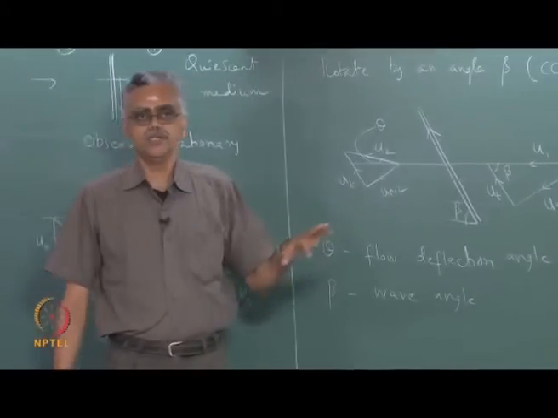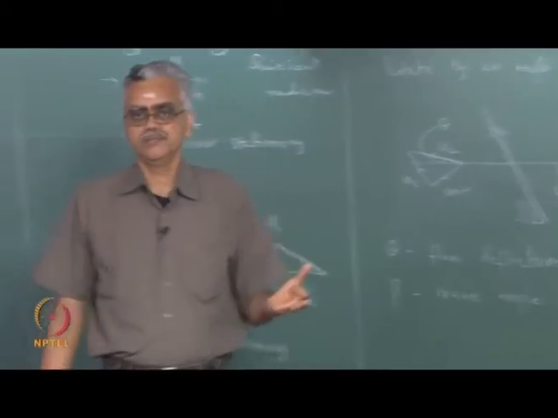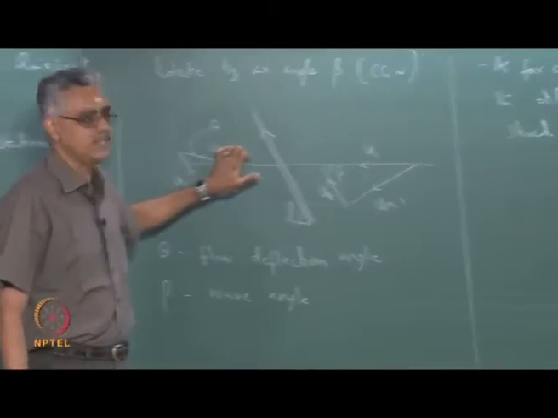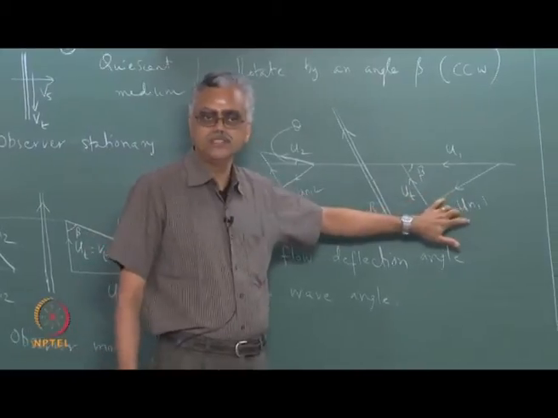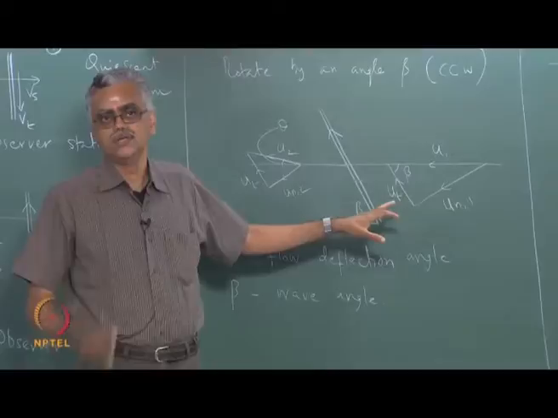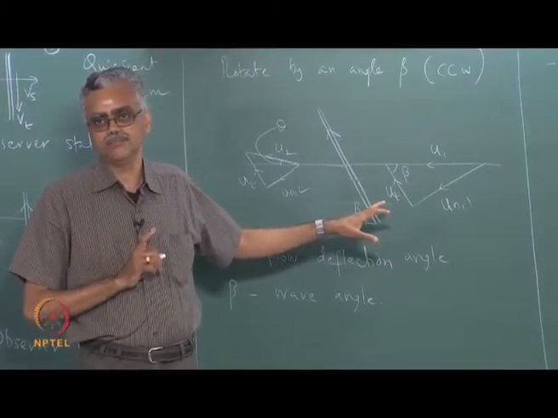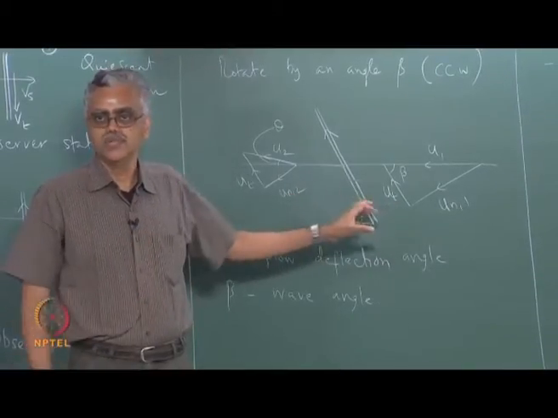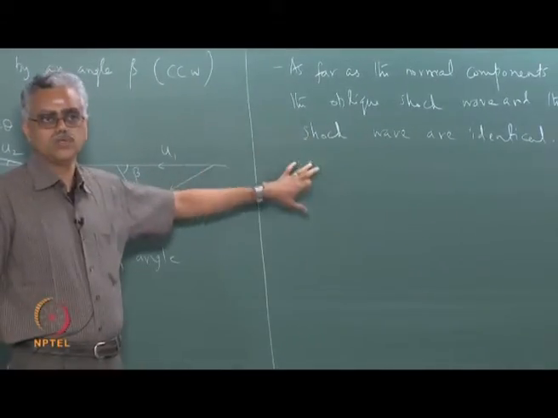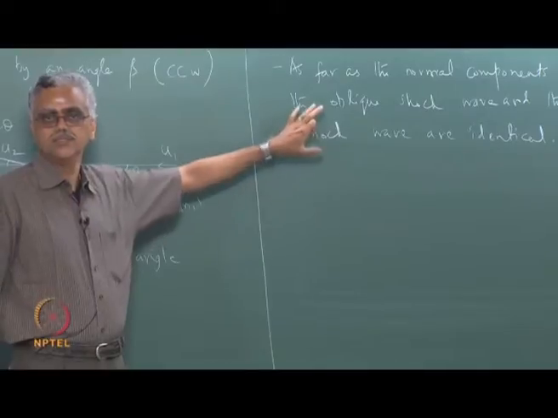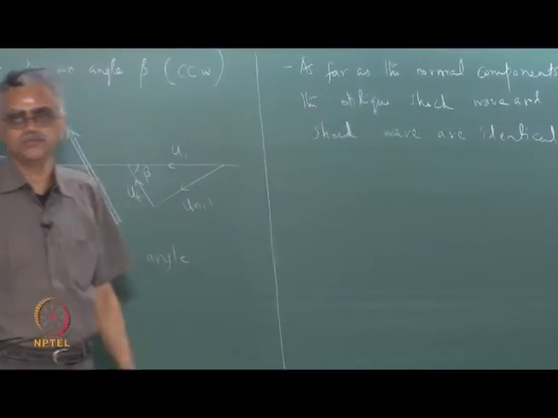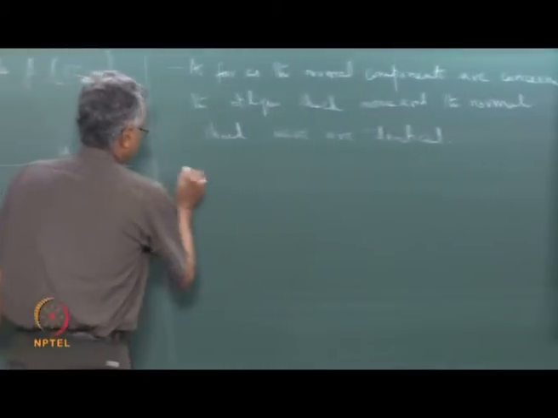Remember, static quantities are frame independent, right. So, the static pressure and static temperature that I calculate using the normal shock relationship for this will be the same for this frame of reference also. Stagnation pressures will not be the same, static pressures will be the same. So, that is why this is very important. So, static quantities across the oblique shock waves can be calculated using the normal velocity component, just like you would do for normal shock wave. Okay. Next,